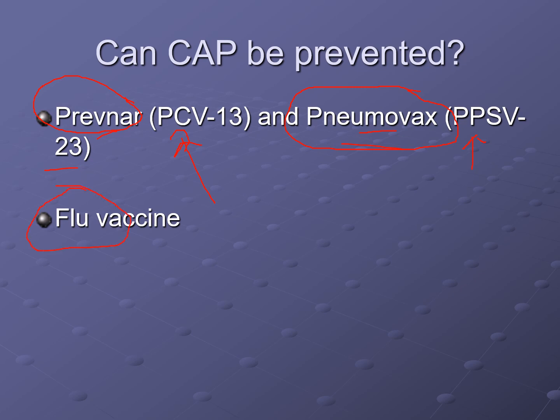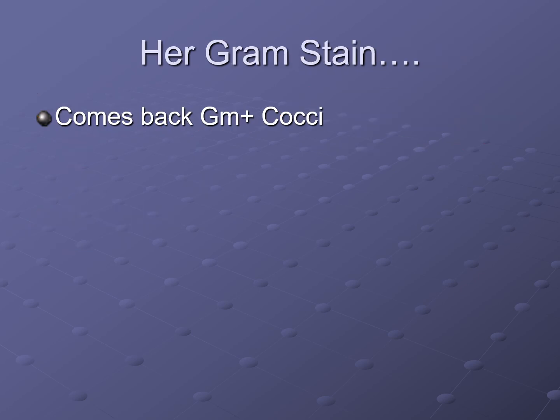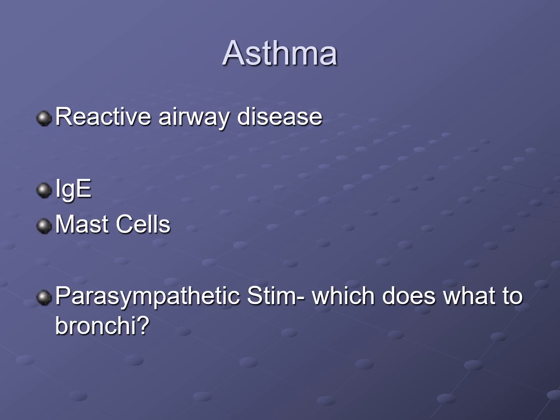Flu vaccine is particularly critical to preventing pneumonia. Flu is a virus and often can cause pneumonia itself, but when it knocks the body's immunity down, it's very frequent that the person will develop a bacterial infection as a superinfection. Gram stain comes back gram-positive cocci. That's usually staph or strep, and so her Augmentin should provide her good coverage.